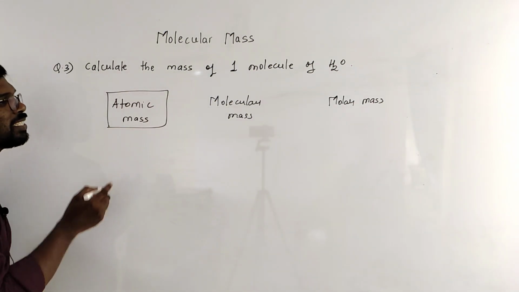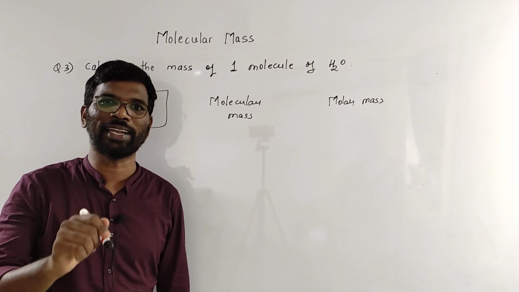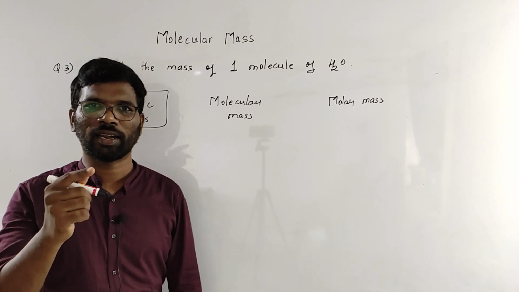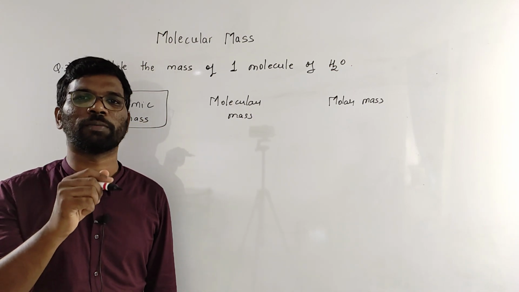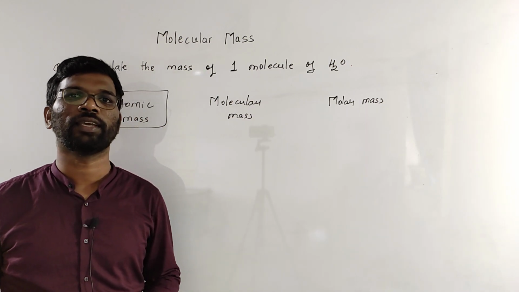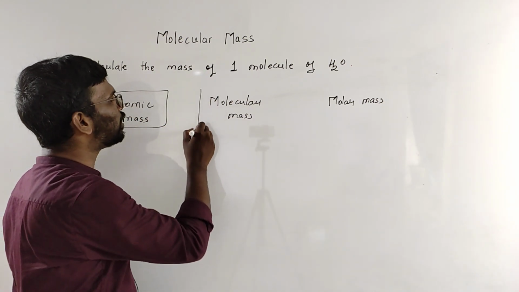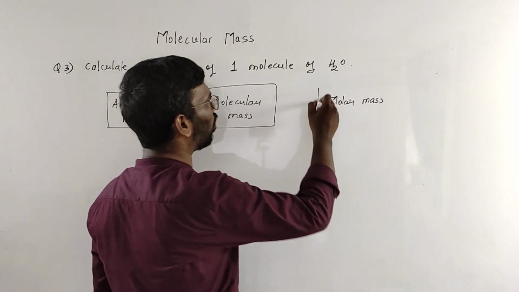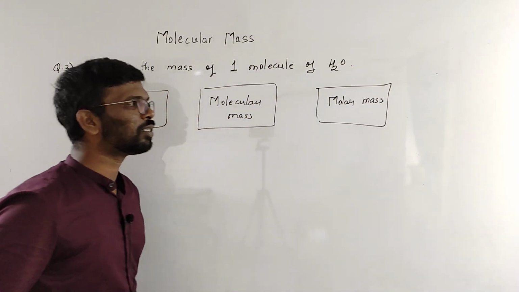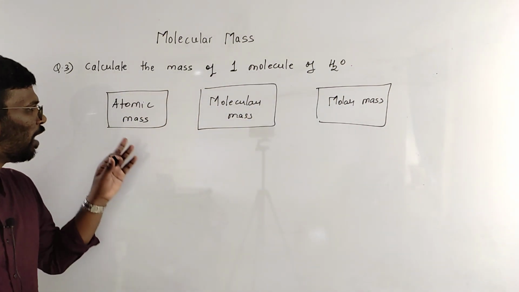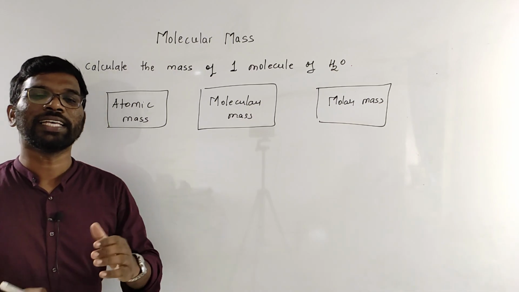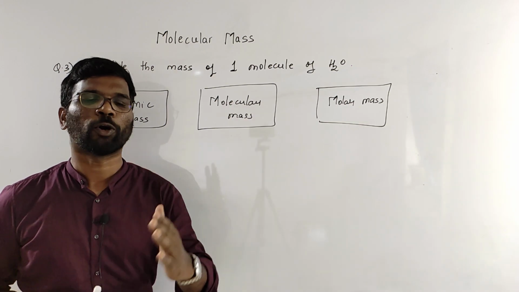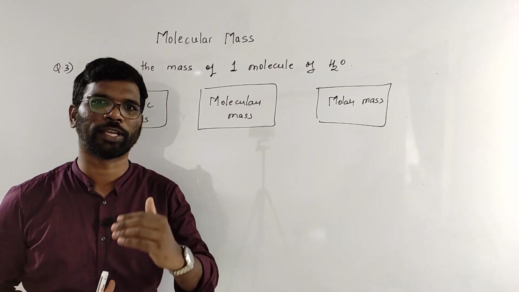Now coming to the atomic mass. When I say atomic mass, the picture is clear that it is related to a particular element. Atomic mass means it is the mass of 6.02 into 10 to 23 atoms. Molecular mass means it is related to molecules. We know this. Then what is the meaning of molar mass? If I am using the word atomic mass, I can say that the atomic mass of carbon is 12 or the atomic mass of nitrogen is 14. This is what I can say.